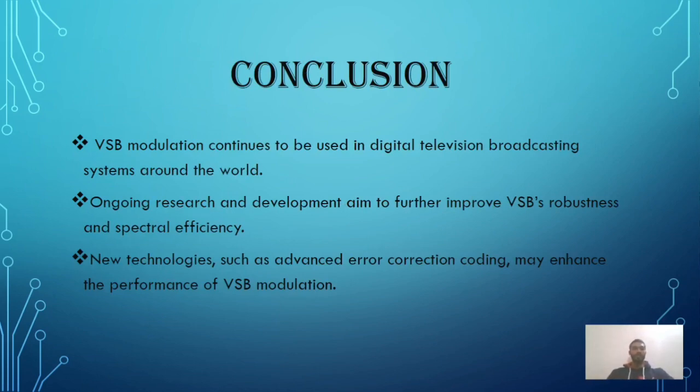Let's end this session with the conclusion. VSB modulation continues to be used in digital television broadcasting systems around the world. Ongoing research and development aim to further improve VSB's robustness and spectral efficiency. New technologies such as advanced error correction coding may enhance the